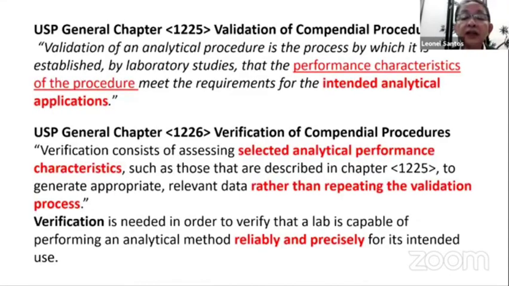So in terms of the validation, USP General Chapter again is validation is an established laboratory studies based on the performance characteristics of the procedure, and it is meant so that it will meet the requirements for the intended analytical application. 1226 is only selecting some of the analytical performance characteristics. It is not a repetition of the validation, but it is intended so that when you do verification of your product, it is trying to ensure that the lab is capable of performing the method reliably and precisely for its